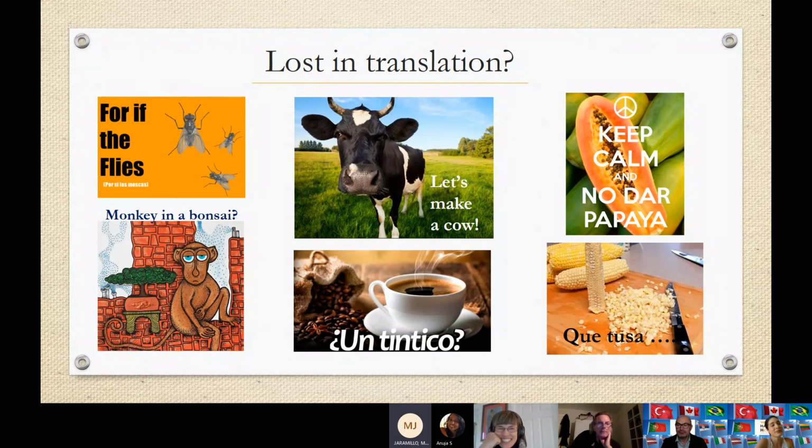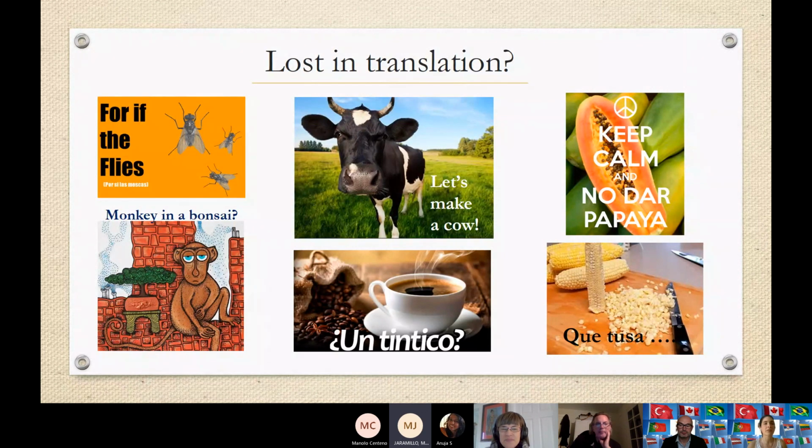We also say un tintico, and by un tintico we mean an American coffee. We don't use the expression American coffee. A tinto is a black, we call it black dark coffee with sugar, and we drink tintos the whole day. Usually when we offer a tintico to a friend, it's a tinto, but that's something you must know too. We use the diminutive for everything. So it's a tinto, meaning a tintico.